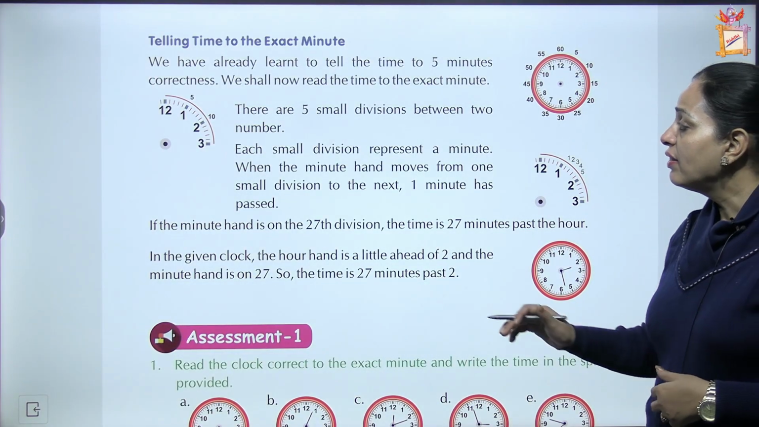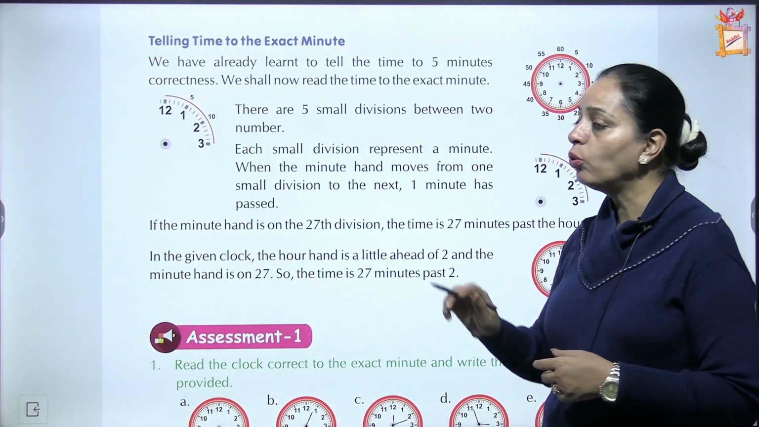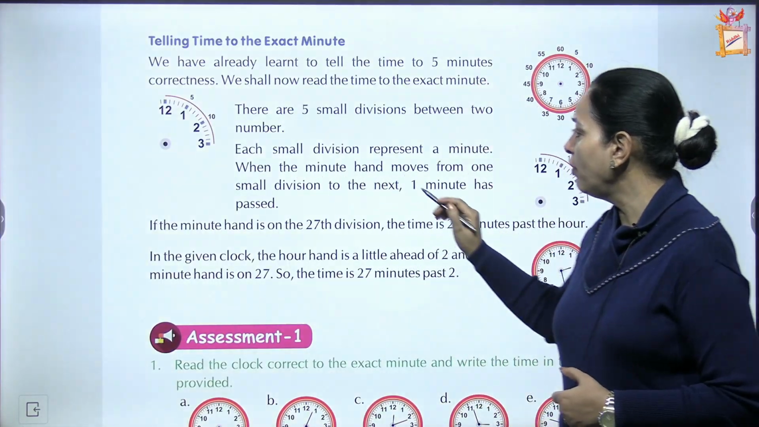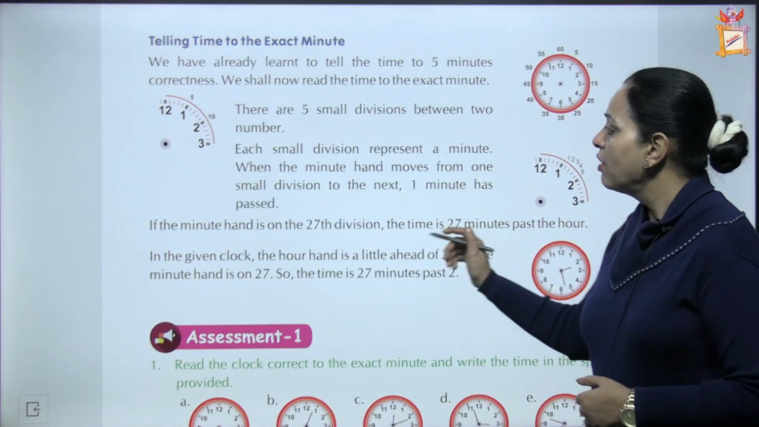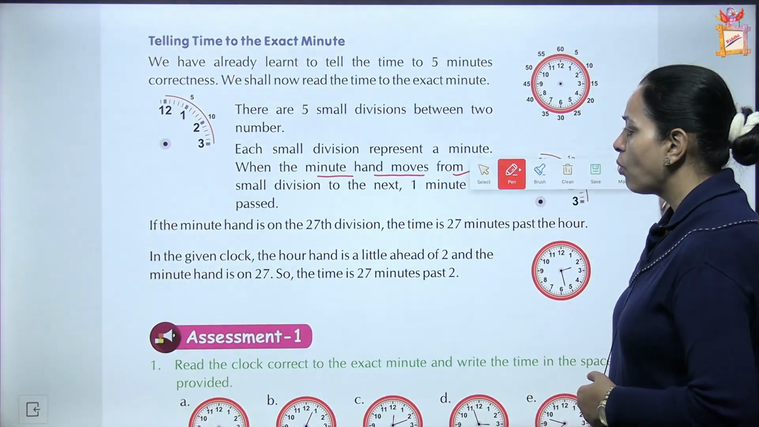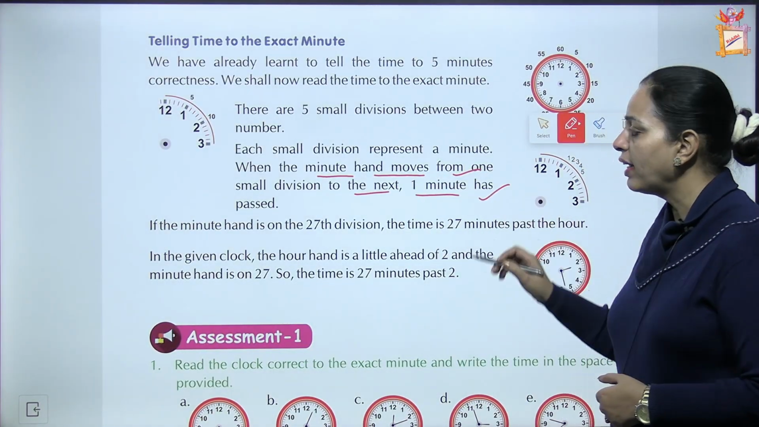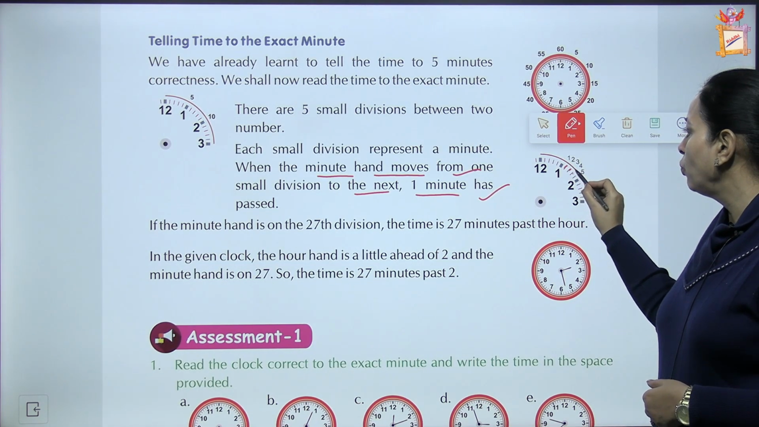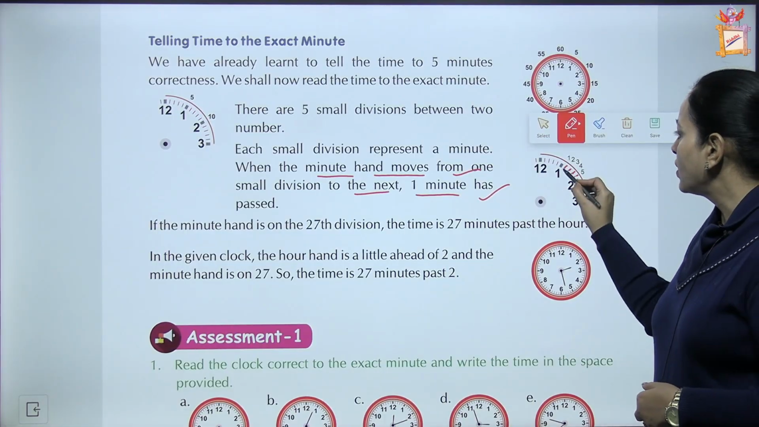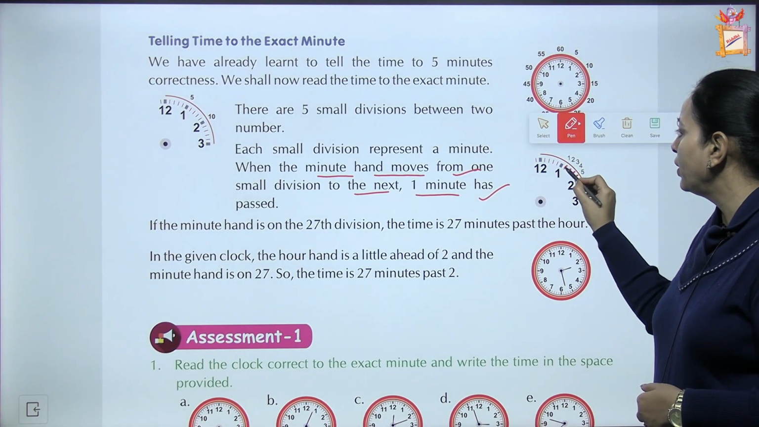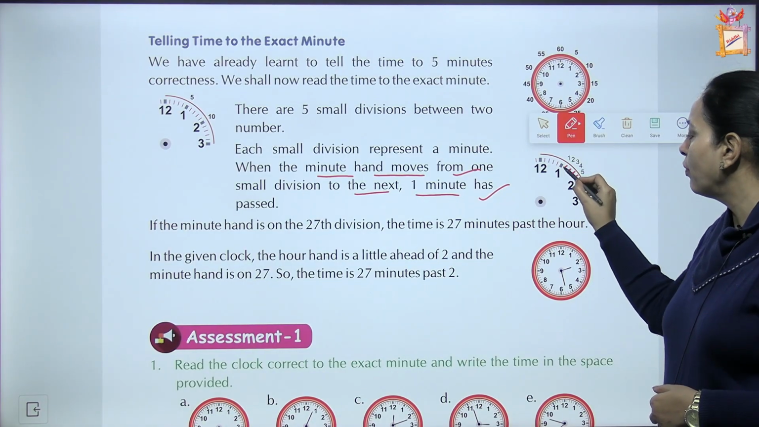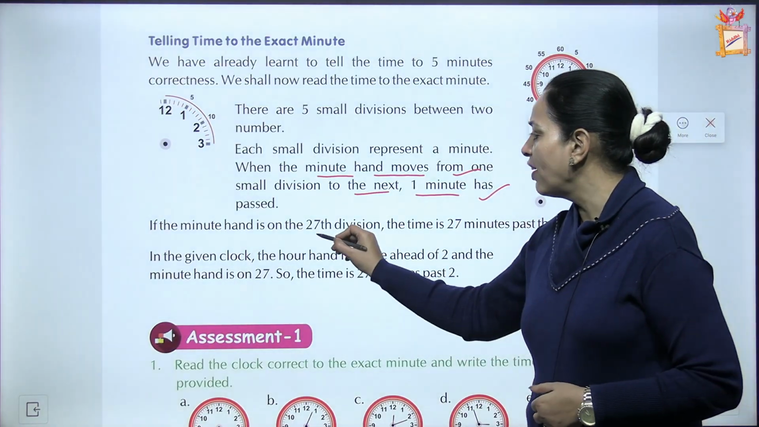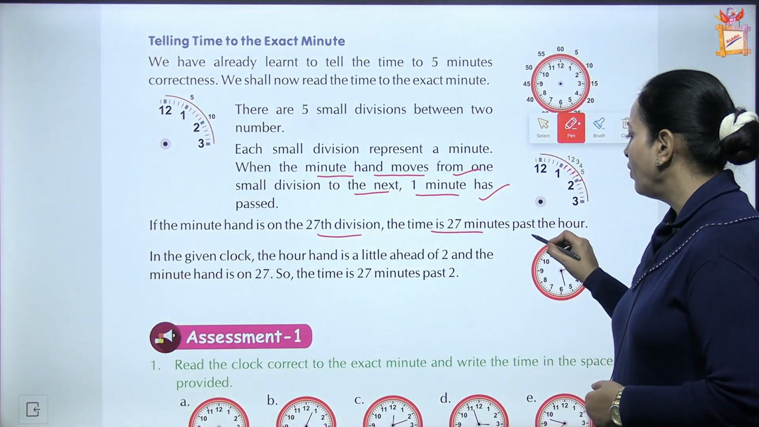Now we can see there are 5 small divisions between two numbers. Between two numbers we can see small divisions. Each small division represents 1 minute. When the minute hand moves from one small division to the next, 1 minute has passed. Okay, see between 1 and 2. So 1, 2, 3, 4, 5. So this is 1 and 1 minute, 1 and 2 minutes, 1 and 3 minutes, 1 and 4 minutes, 1 and 5 minutes, right? So if the minute hand is on the 27th division, the time is 27 minutes past